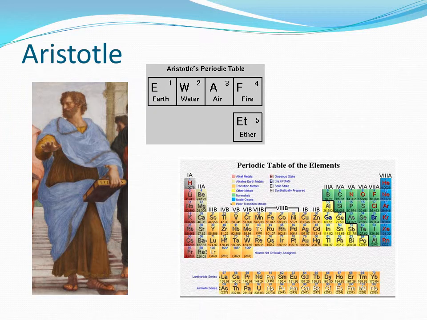So to give an example of where Aristotle got it wrong, take a look at his periodic table of elements. You have earth, water, air, fire, and the mysterious 5th element, which is the ether, which, by the way, persisted as at least an idea into the 20th century, but was tested and shown to not exist.